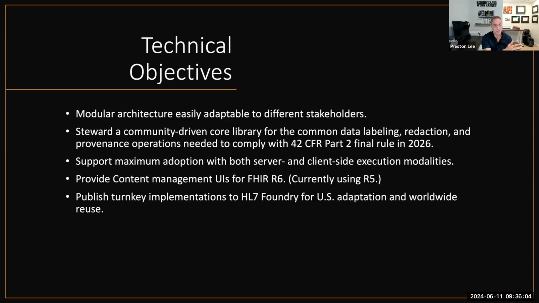And so we're trying to really skate to where the puck is going to be, as opposed to where it is right now, and then having to redo everything in a couple of years, just because the consent has changed so much since R4 is published. And then all of the work that we're doing in this area, we're going to be publishing through HL7 Foundry,